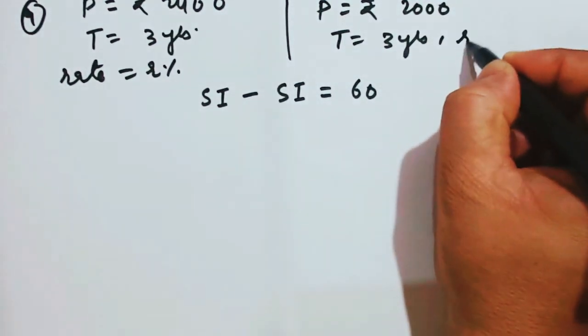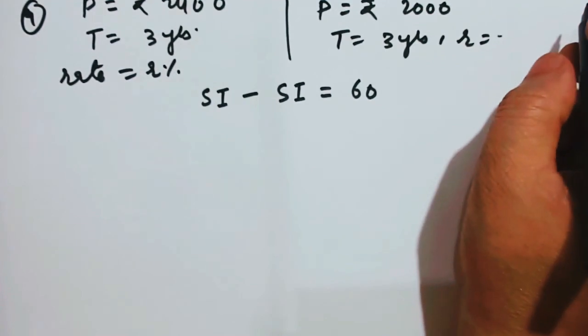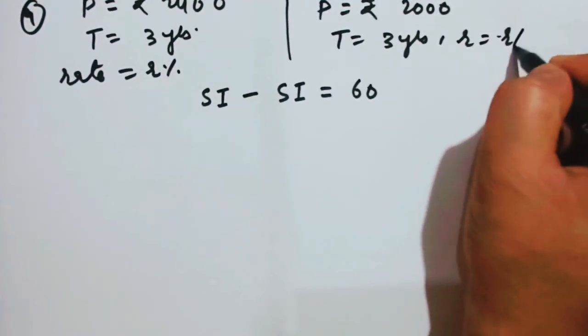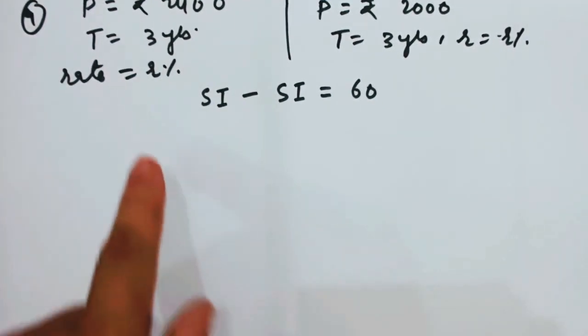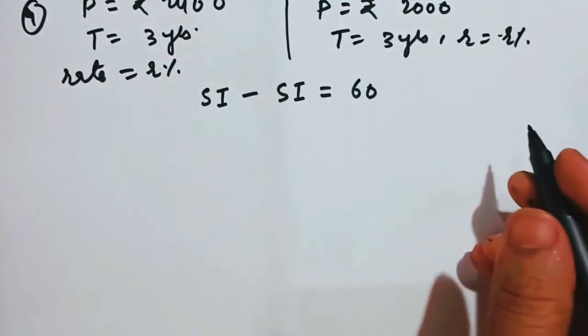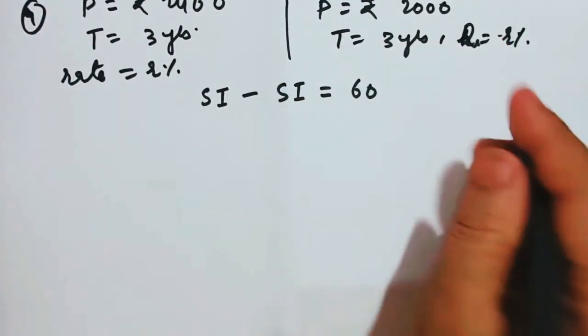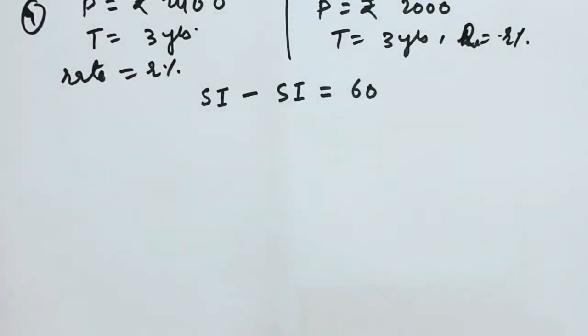अब here rate is equal to how much? Rate is equal to R%. अच्छा, means here they have not mentioned the rate, and here also they have not mentioned the rate. तो अच्छी बात तो है भाई. Here also means both the rate are same. They are saying that the rate are same in both the cases.